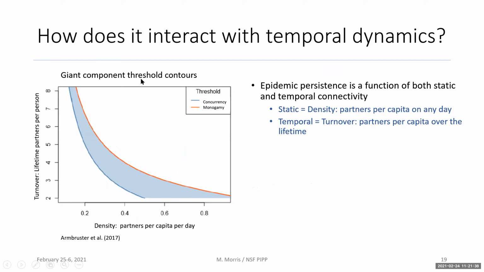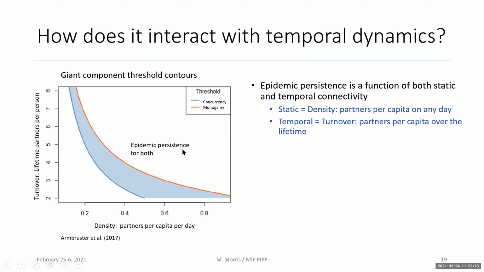And you can do formal analysis to look at the emergence of a giant component. There's a threshold for that, and what the contours of that look like as a function of the cross-sectional density and the temporal turnover. So basically what we are doing here in this diagram is showing you those contours where you compare 2 different versions of cross-sectional connectivity, one allowing for concurrency and the other enforcing serial monogamy. And what you see is that